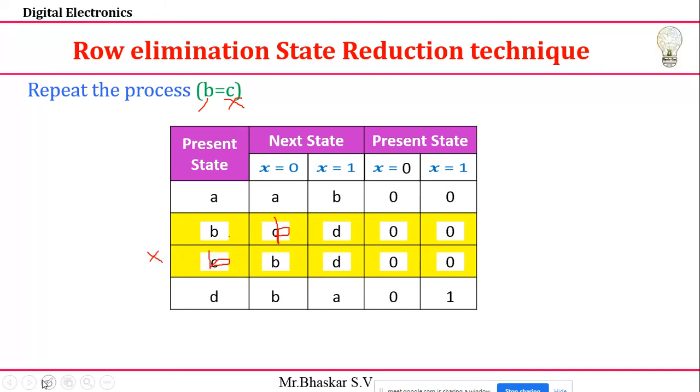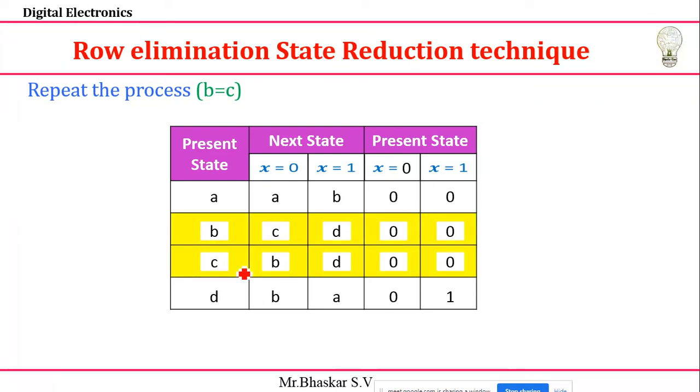Suppose in the previous case I didn't have C and D here. For example, suppose you have D and F. In this case, B and C you can make equal, but D and F you can't, so you can't eliminate. That time you need to consider it. But it is advantageous to me here, because both the variables are the same. That's why if I make B C and C B the same, then easily I can eliminate this.